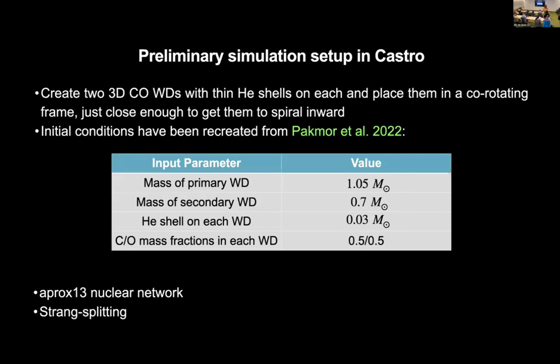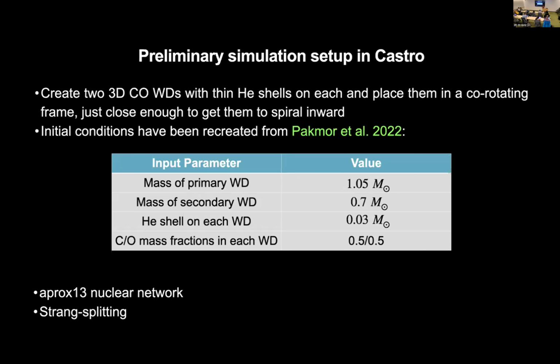So we thought that the best way to approach this problem in my case would be to just pick up the initial conditions from one of the other groups and try to recreate it using our code and see how it does. Moving forward, when we get to the fun part, when we talk about the simulations, just bear in mind that this is one of the preliminary runs. I still have like 2 years worth of work to do.